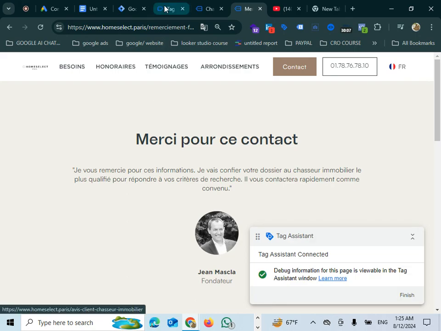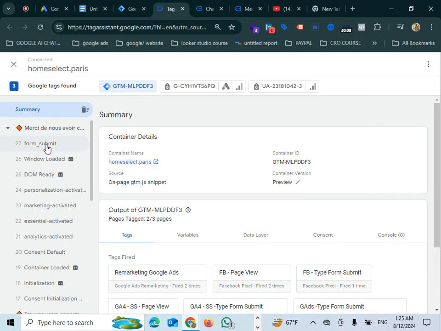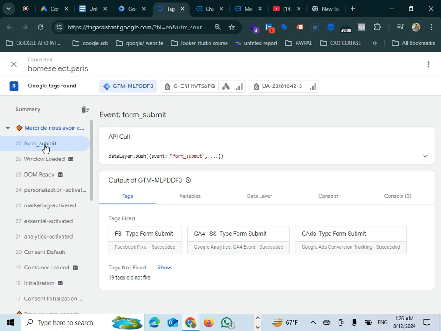Now we can see the Tag Assistant here. After preview, one event fired, the form submit. If I click on the form submit, you can see I already set up this one for Facebook server side tracking, and also this one is for Google Ads conversion. Actually now I am showing the Google Ads enhanced conversion. So this is my event, GAds Typeform submit. If I click here,